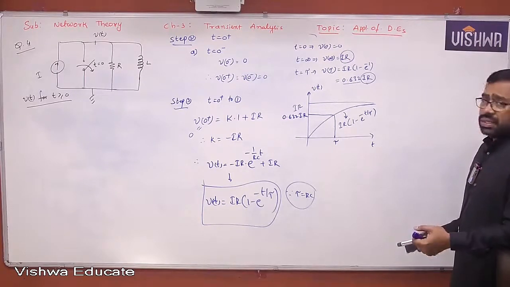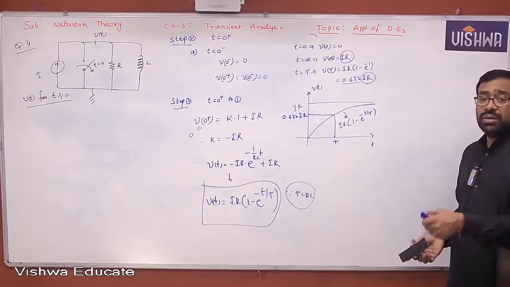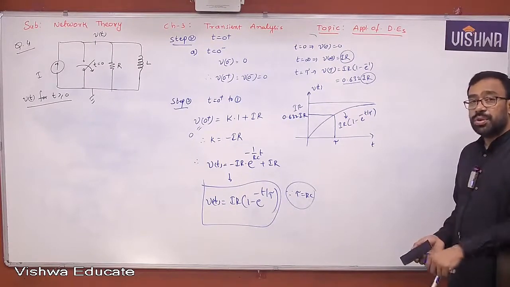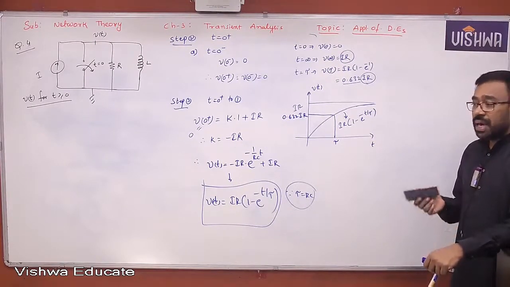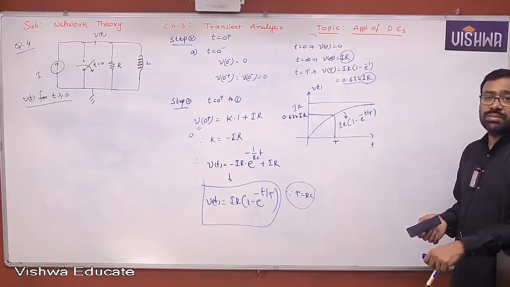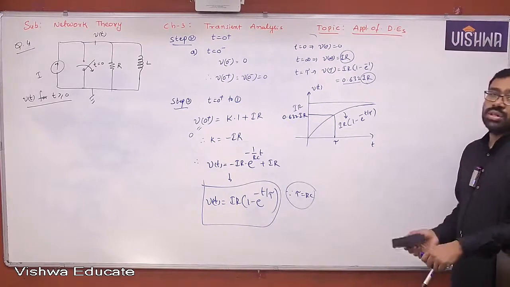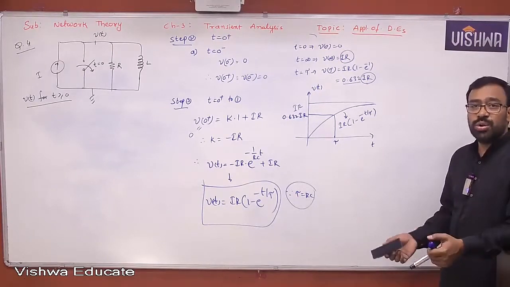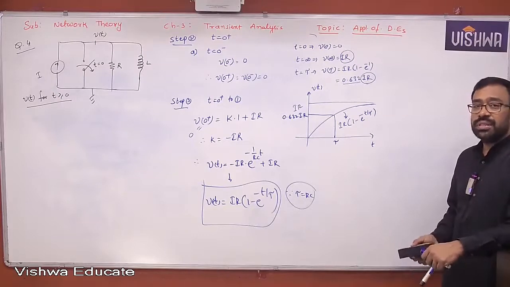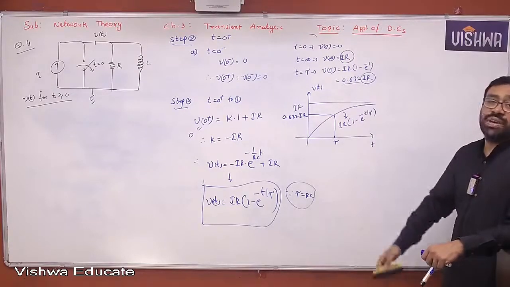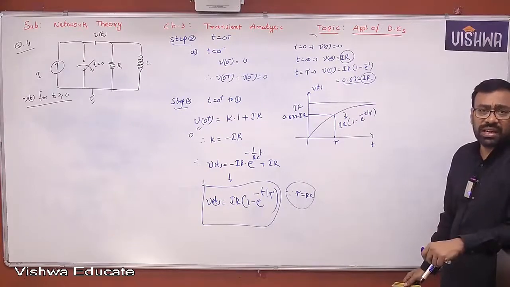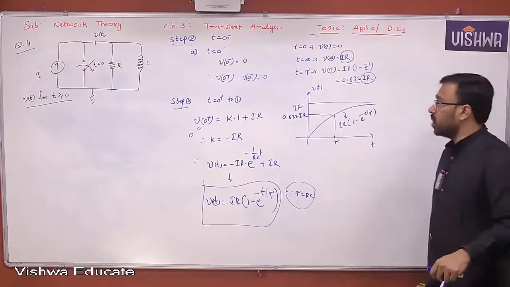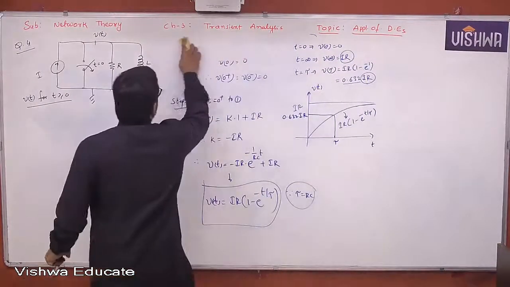What is the voltage at t equal to 1 second, or t equal to 2 seconds, or t equal to 10 seconds? For that, what you are supposed to do? See, if I am asked the question on 0 minus, 0 plus, minus infinity, plus infinity, I know how to draw the circuit. But at t equal to 1 second, t equal to 10 seconds, I do not know the equivalent circuit. For that, what we do is, we first determine what is V of t, then we substitute t equal to 1 second or t equal to 0.1, whatever is asked, we can substitute and get the corresponding value. Okay? So, the questions are very clear.